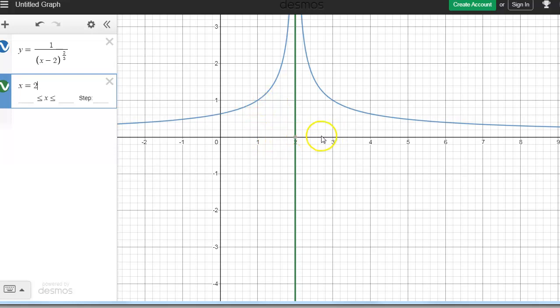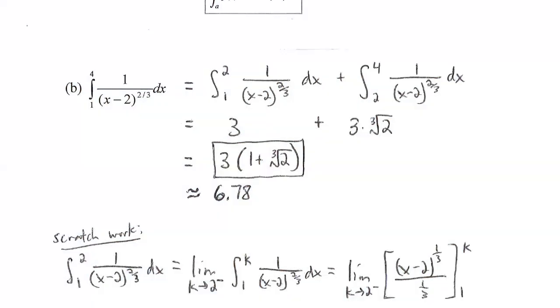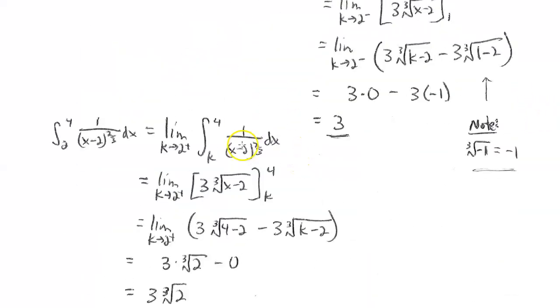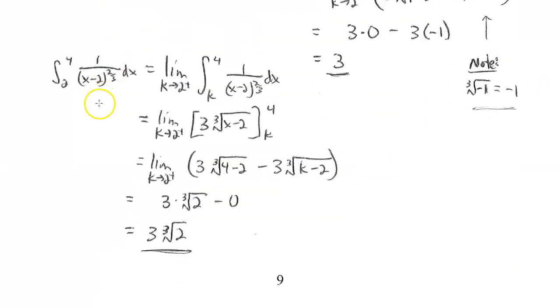But we're actually not integrating just from 2 to 3, we're going 2 to 4. So I expect this area over here to be a little bigger than this area right there. And it turns out it is. If you work out the details, instead of integrating from 1 to 2, you integrate from 2 to 4, and you do the integral from k to 4 and take the limit as k approaches 2